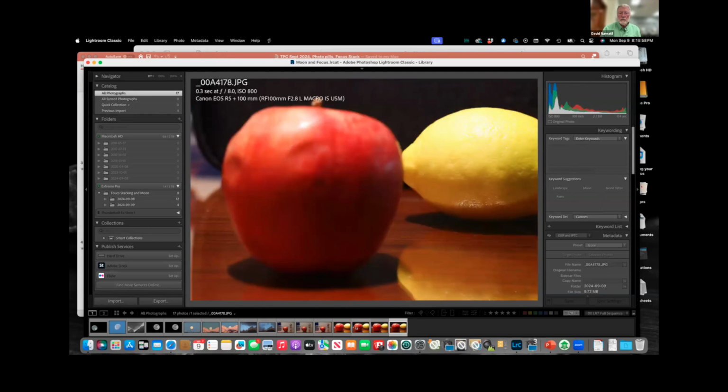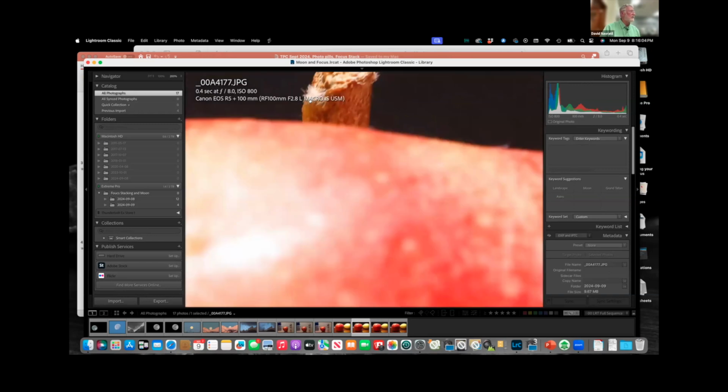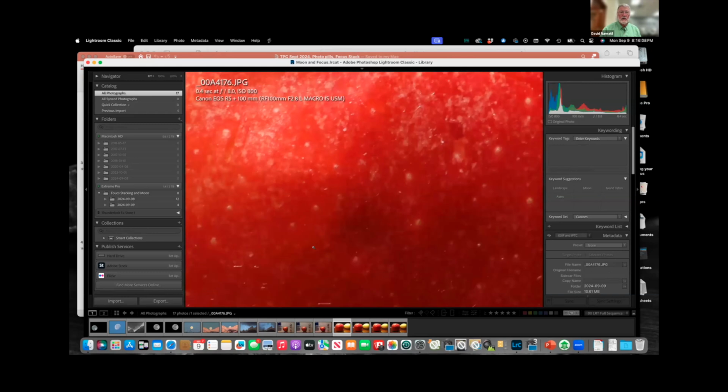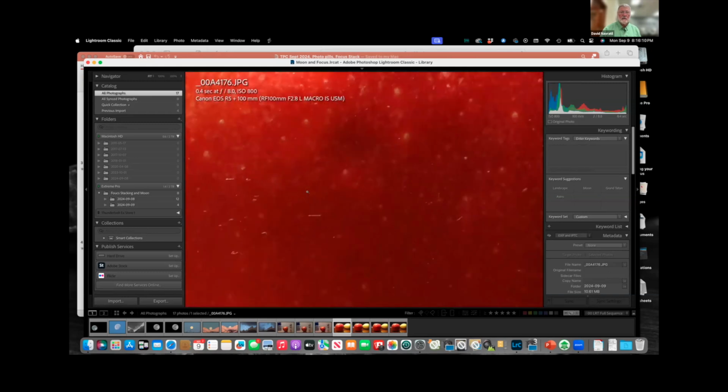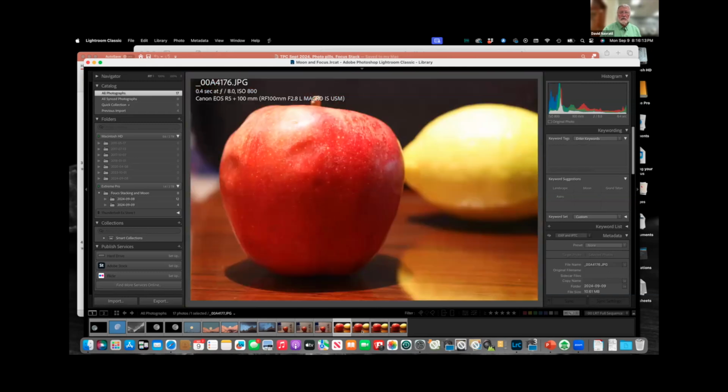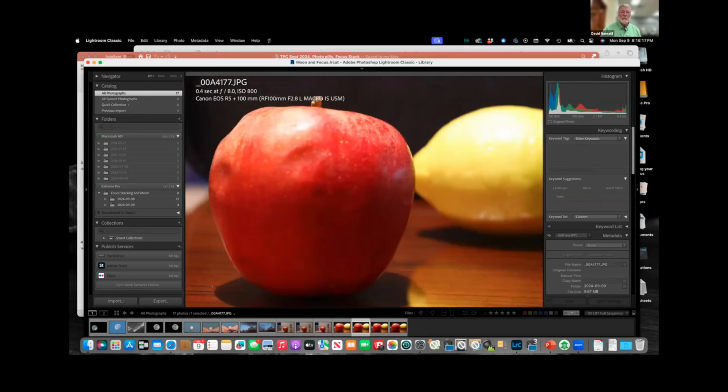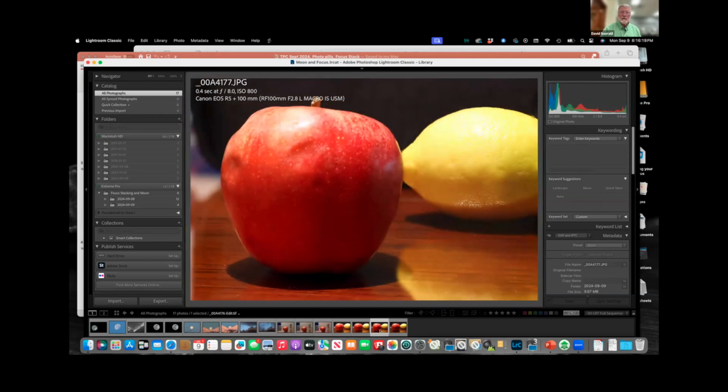Actually, I made sure the stem was in focus. So this one is at the front of this apple. This is on the stem. And this was with the lemon. And you can see, well, it's awfully bright on this screen. But anyhow, once I combine them, we got,